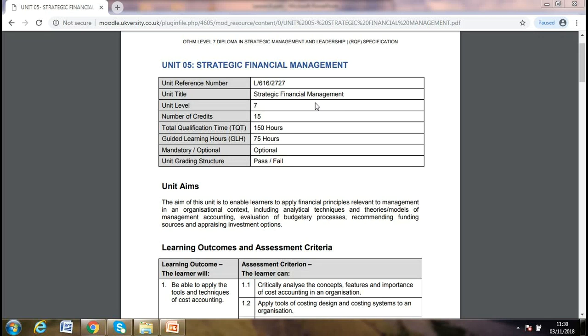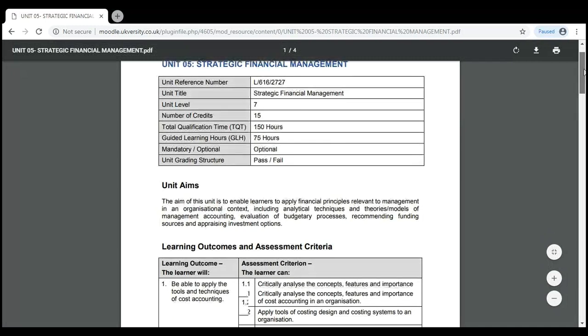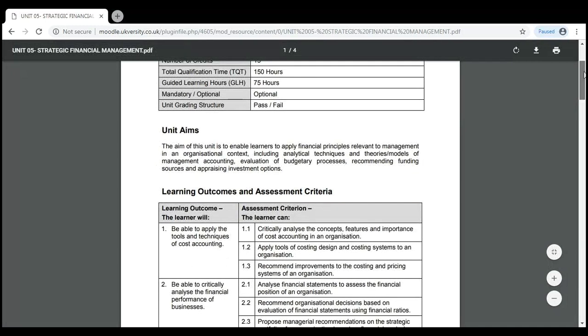Those who don't know me, my name is Anjum. I'm delivering the OTHM Level 7 Diploma in Strategic Management and Leadership, and we are doing Unit 5 Financial Management. Unit 5 has 5 learning outcomes. We already covered learning outcome 1, where we already learned about